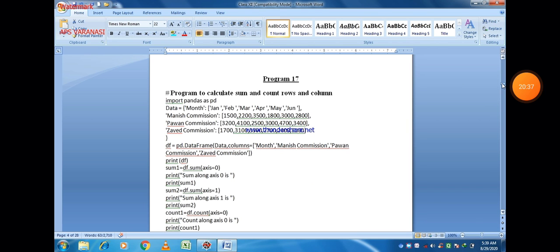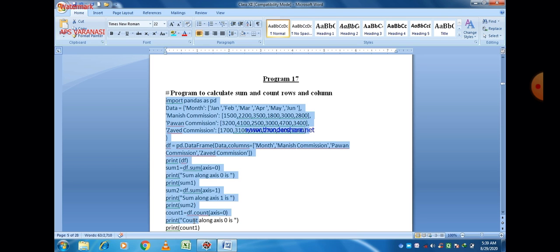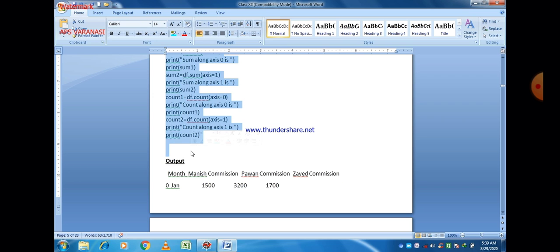Now this is our third program, and in this program our purpose is to calculate the sum and count rows along axis 0 and along axis 1.